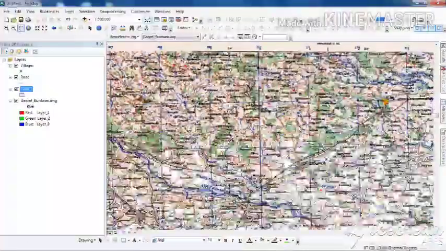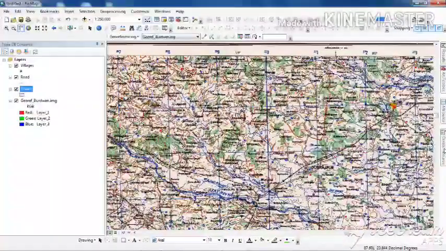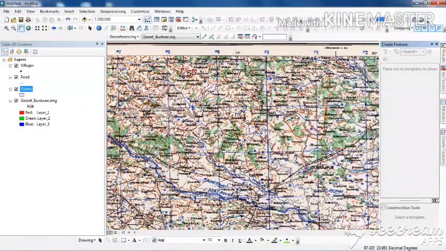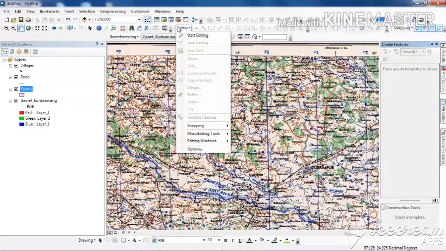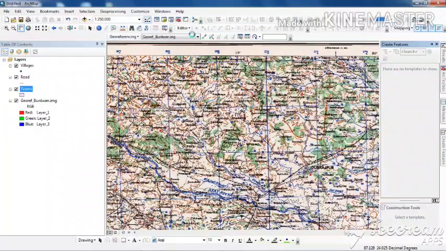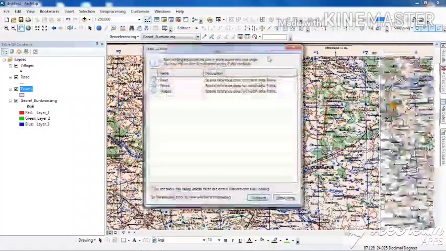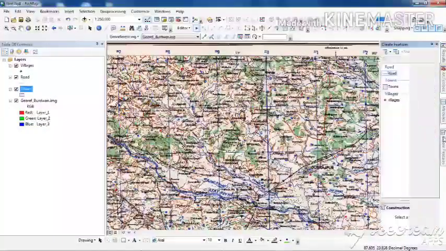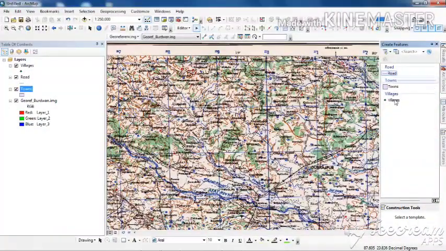Let's start off with the digitization. I will have to go to create features, and before that I will have to go to editor, and I will have to go to start editing. So you see I am starting the editing session in the GIS software. Now under the create features you can see these three types have already come.